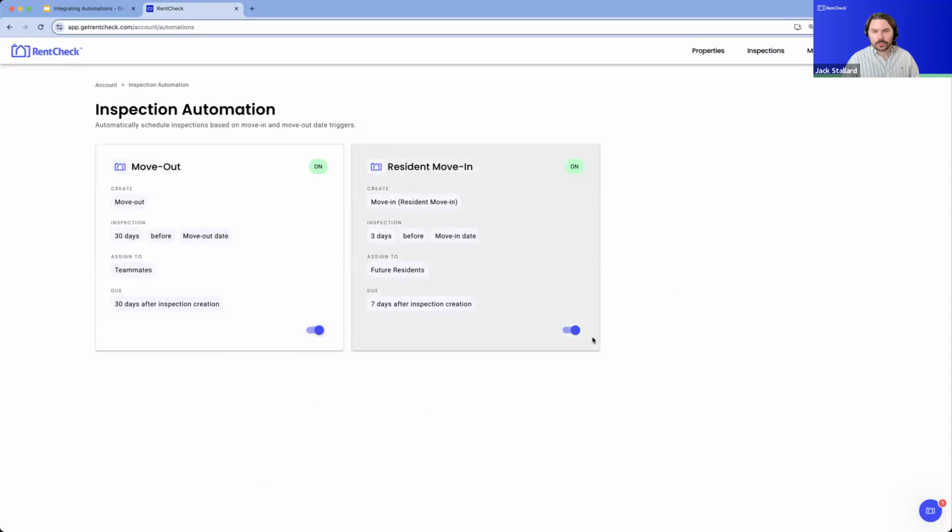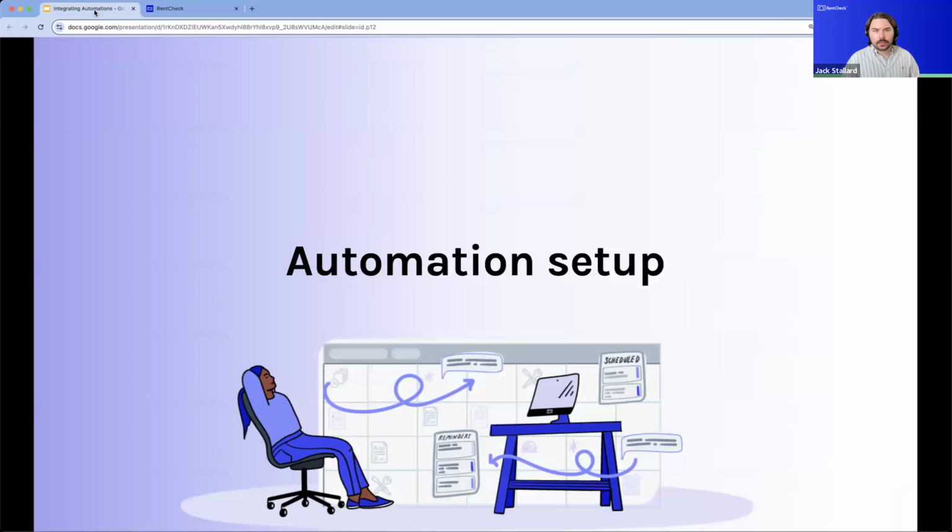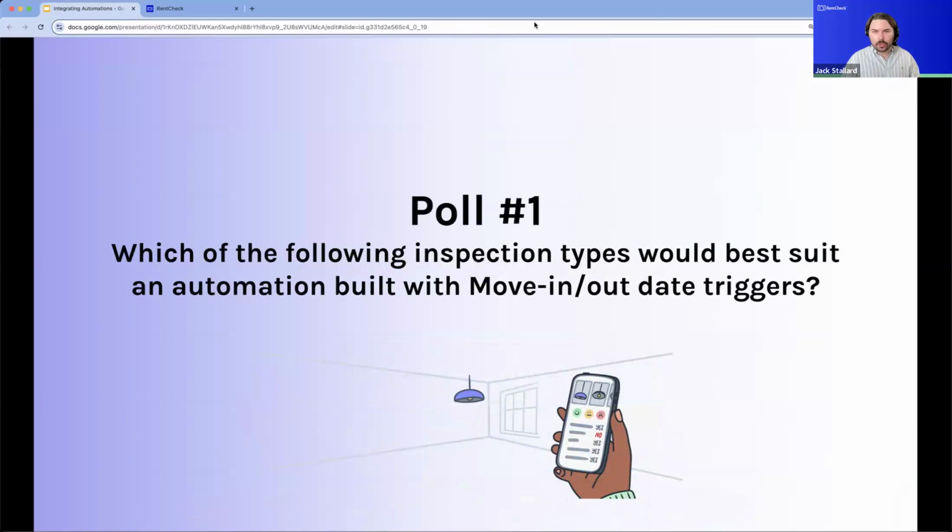And so heading back over to our webinar slides, I'm about to launch a quick poll for all of you so that we can talk about which of some of our common use cases in Rentcheck would suit the automation with move in and move out date triggers. And so I'm about to launch this poll, and while we are running the poll for a few minutes,